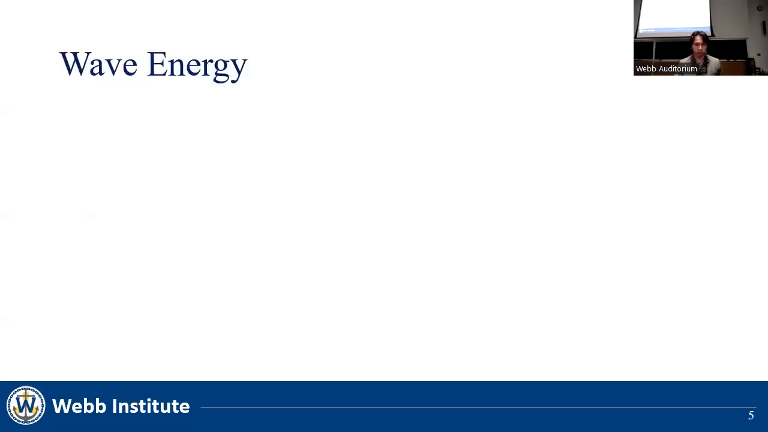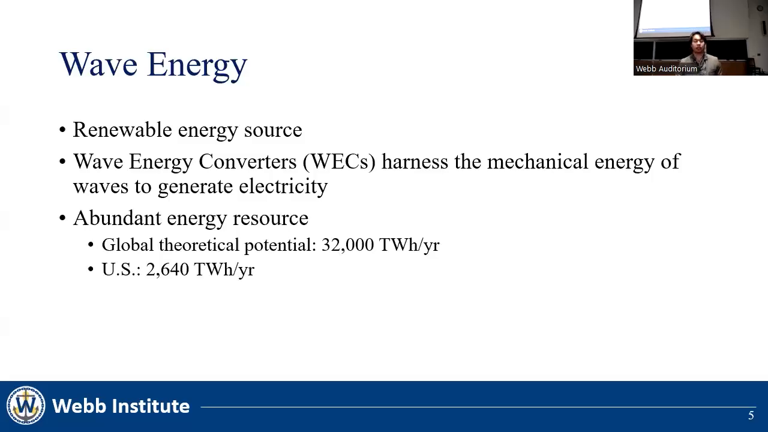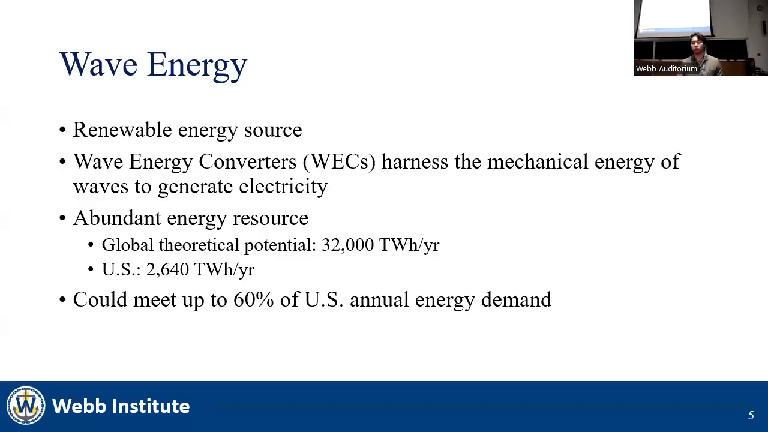So first we'll discuss what is wave energy. It is a renewable energy source like solar and wind, and wave energy converters can harness the mechanical energy of ocean waves to generate electricity. Wave energy is an abundant renewable energy source as the world's oceans have a global theoretical potential to generate up to 32,000 terawatt hours of electricity per year. In US coastal waters, this number is 2,640 terawatt hours of electricity per year. If the US coastal wave energy resource were to be fully exploited, it could power up to 60% of US